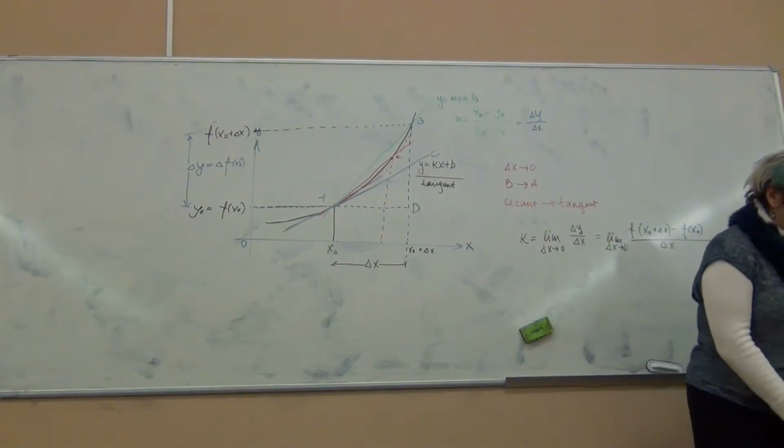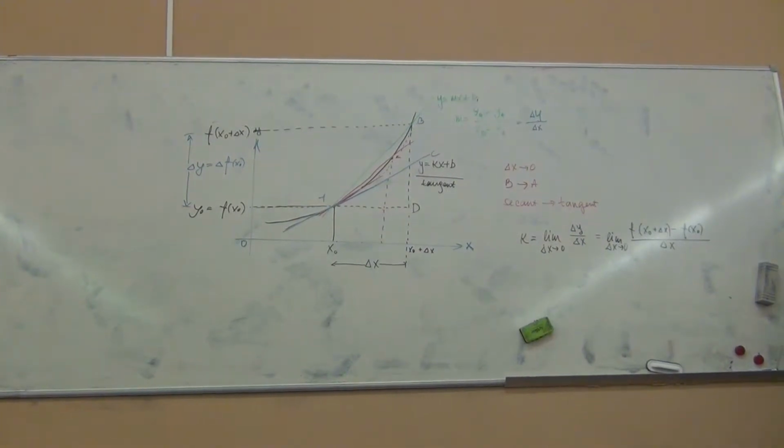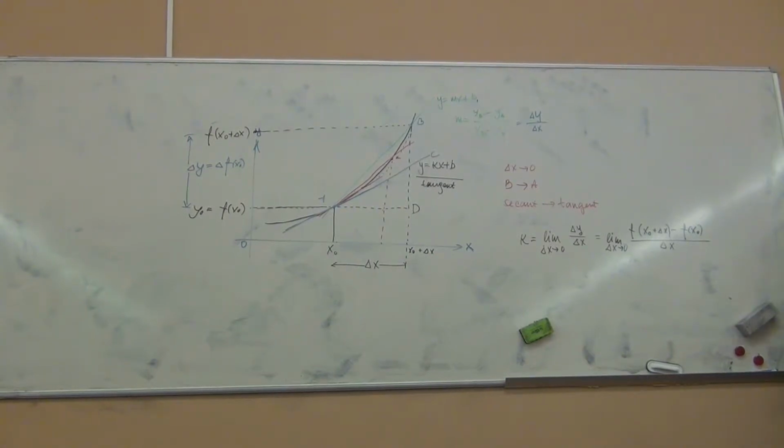And this is in fact how we define the derivative. So this number k is, first of all, called the derivative of this function at the point x0, denoted by f prime at the point x0 of this function. It's a number k. It's called the derivative at this point, or also called the gradient, or also called the